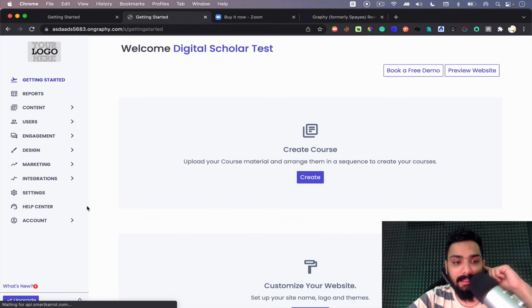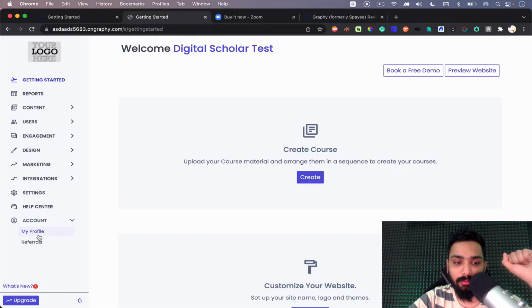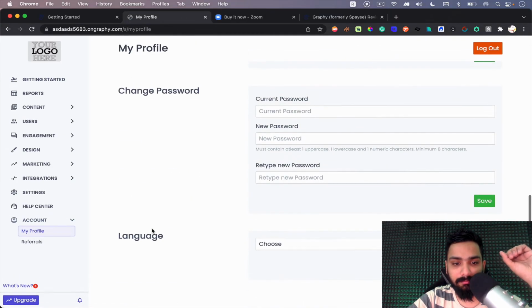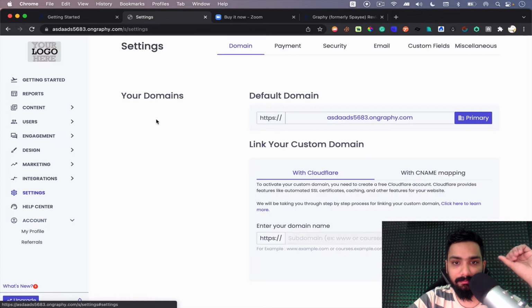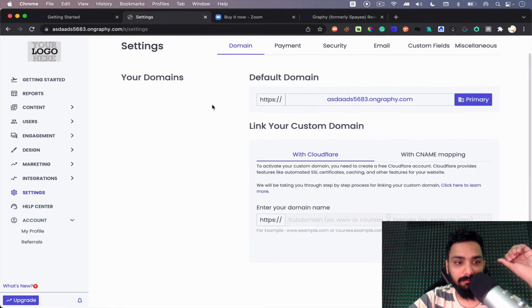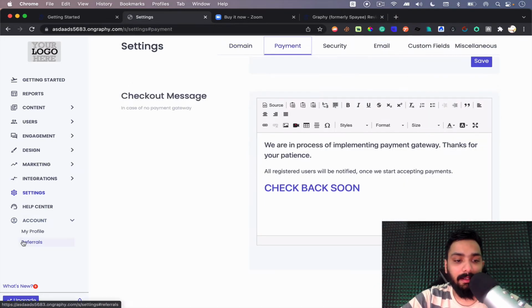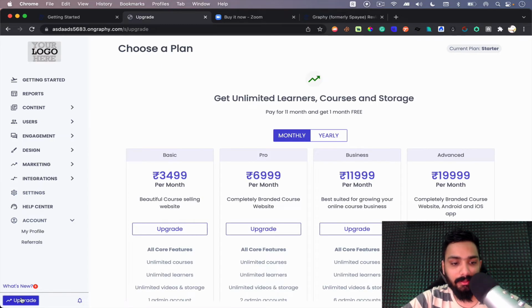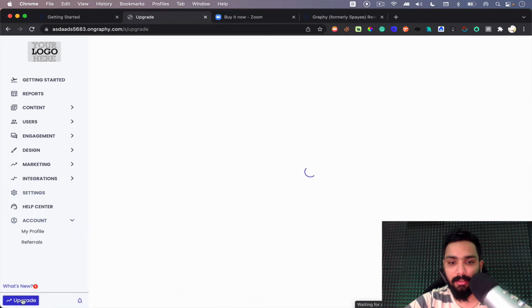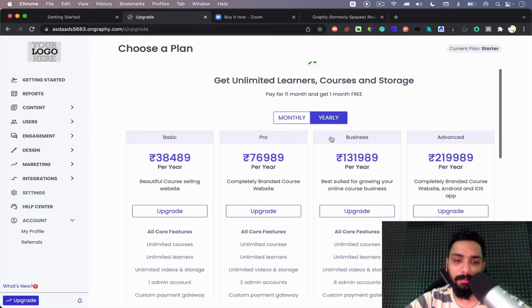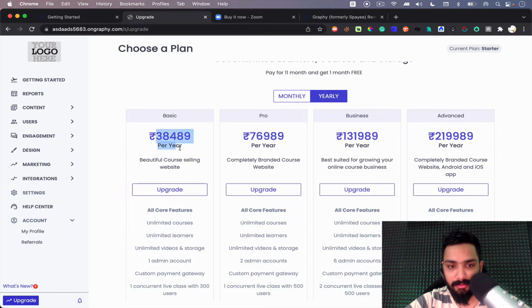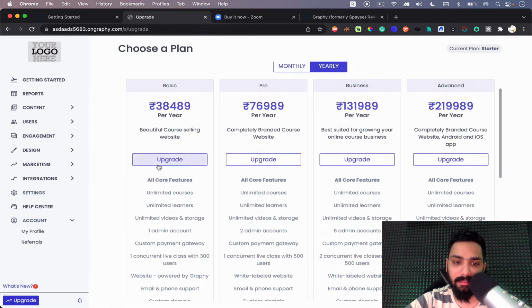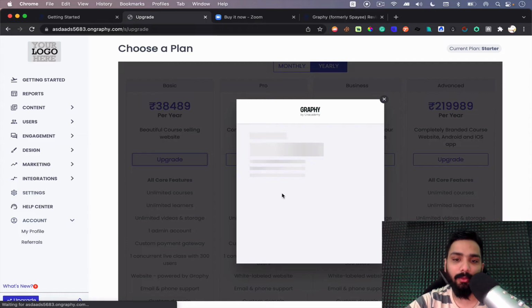Once you are inside, here is where you can upgrade your account. So let's go to your account. Let's go to settings, and at the bottom, when you click on upgrade, there is the plan here. I thought it was earlier here, but in the upgrade section you have a clear cut button here. Click on the yearly plan. Let's say the basic plan comes up to this, but if you click on the upgrade, and if you apply the coupon,